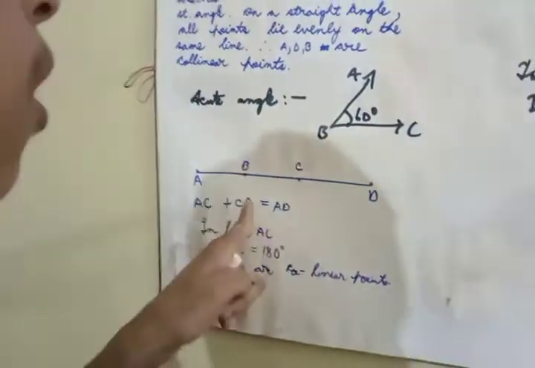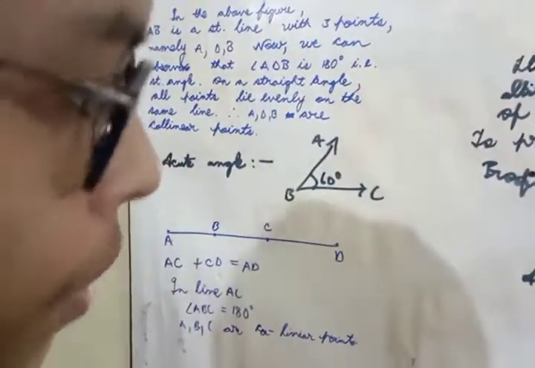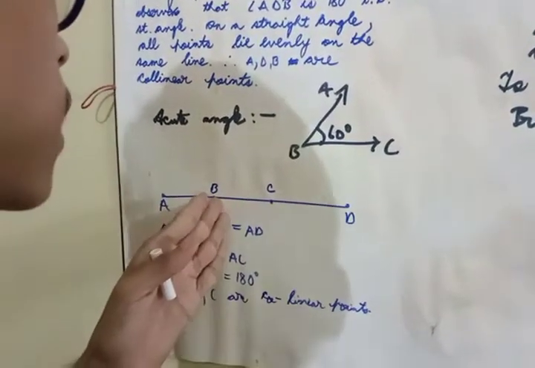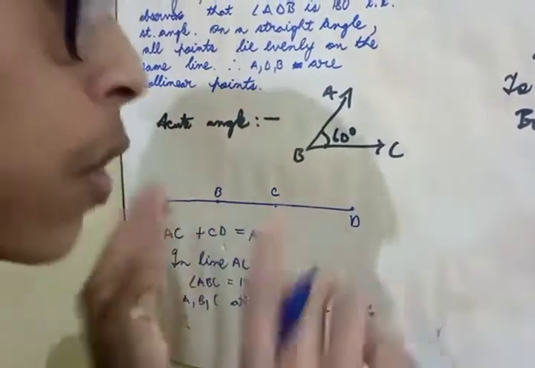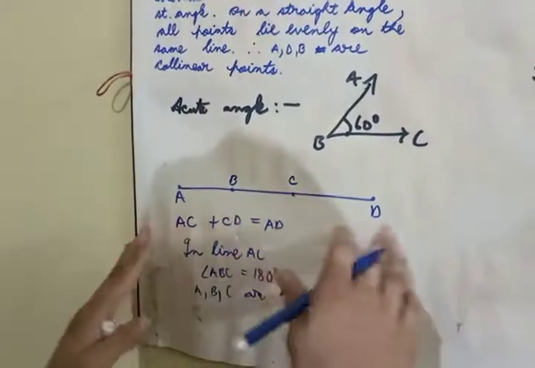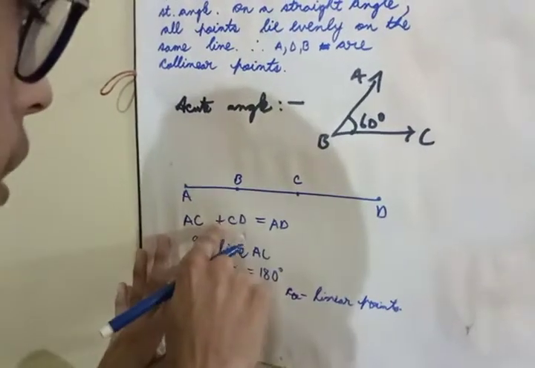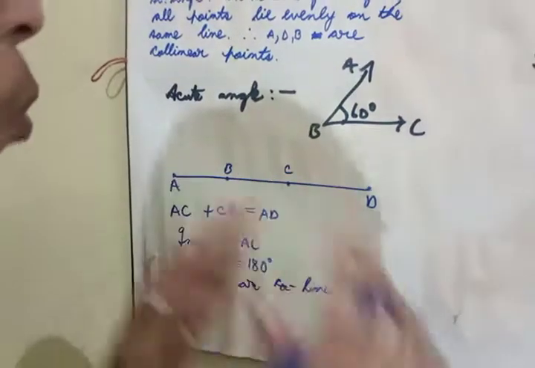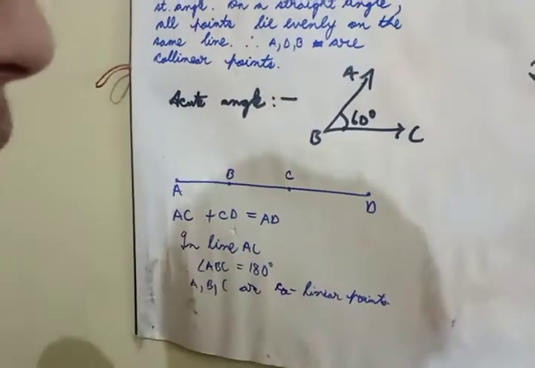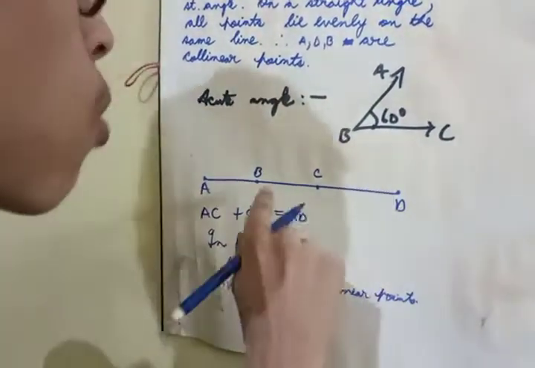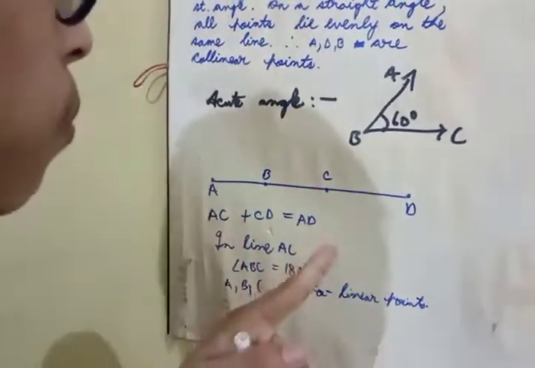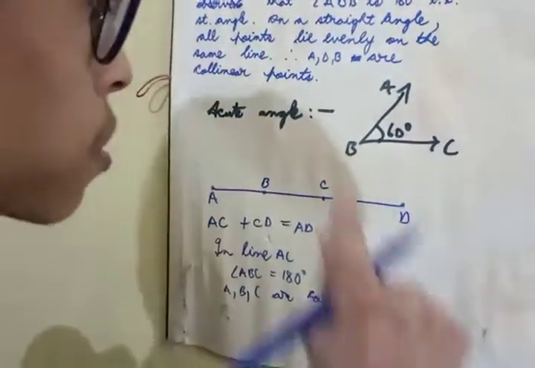Now I am not taking the line CD. I am taking the line BD. Except the point A, I am taking all the 3 points from B to D. Now observe in line BD, I have not mentioned BD in this equation, but I am taking BD to prove that B, C, D are collinear points. That needs to be clear, why I have taken the line BD. I have taken the line BD in order to prove that B, C, D are also collinear points, which will be useful when we prove that these 4 points are collinear points in line AD.